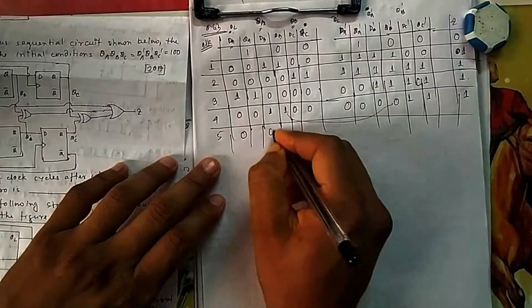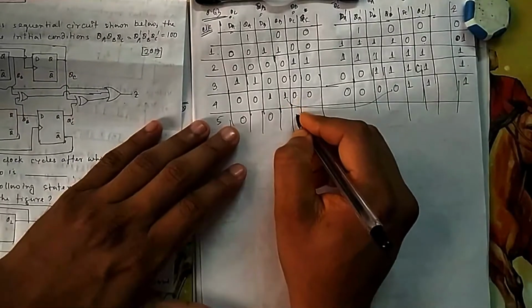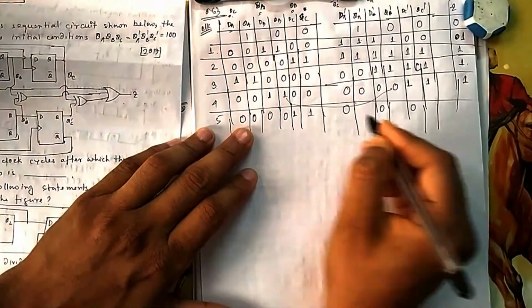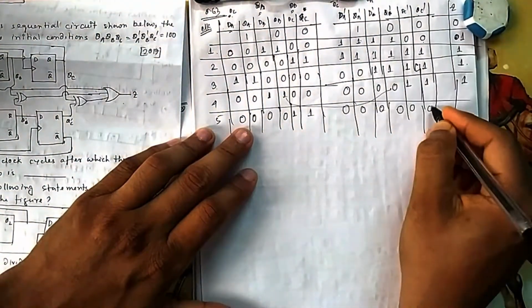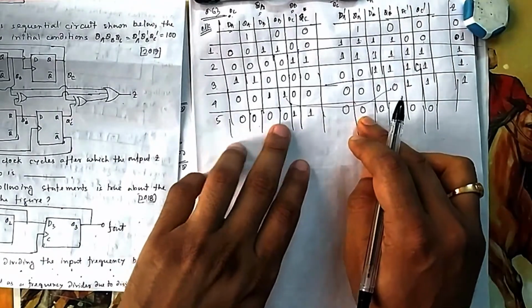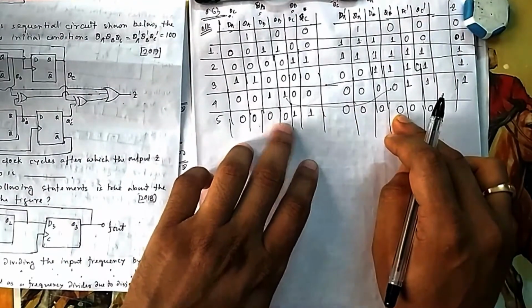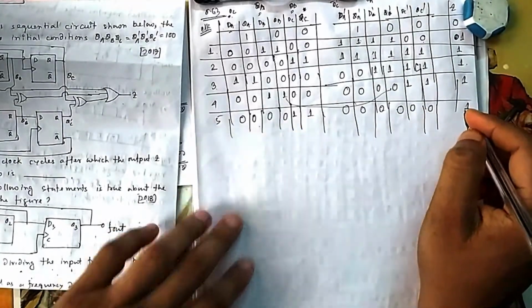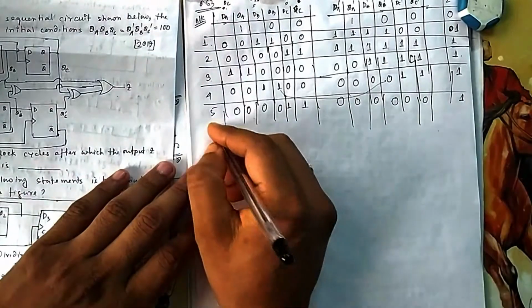So 0. You have to be little patient. You keep your patience. So if you give 0 0 0 0 1 1, so 0 0 0 0 0 0. So again you check. 0 0 will give you 0, 0 0 will give you 0, but it is 1 0. So from here you will get 1. That's why your Z will be 1. Okay, next one.